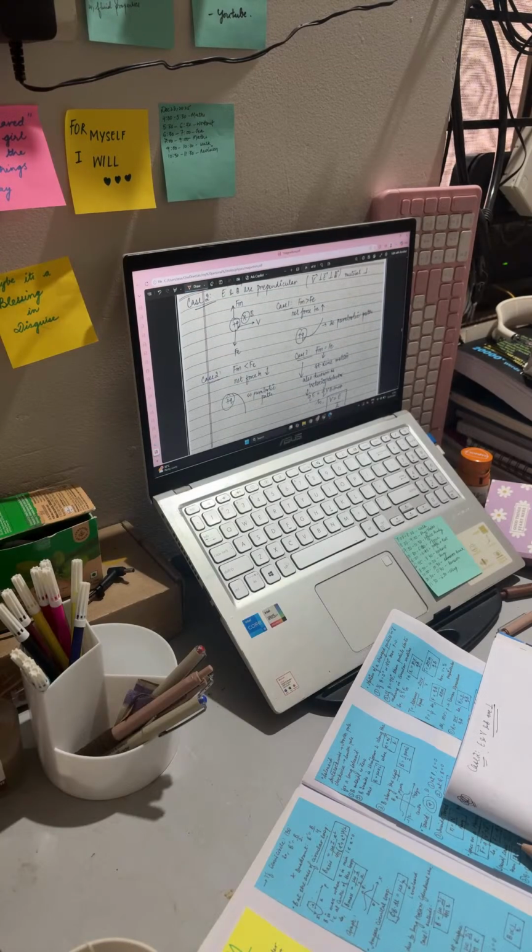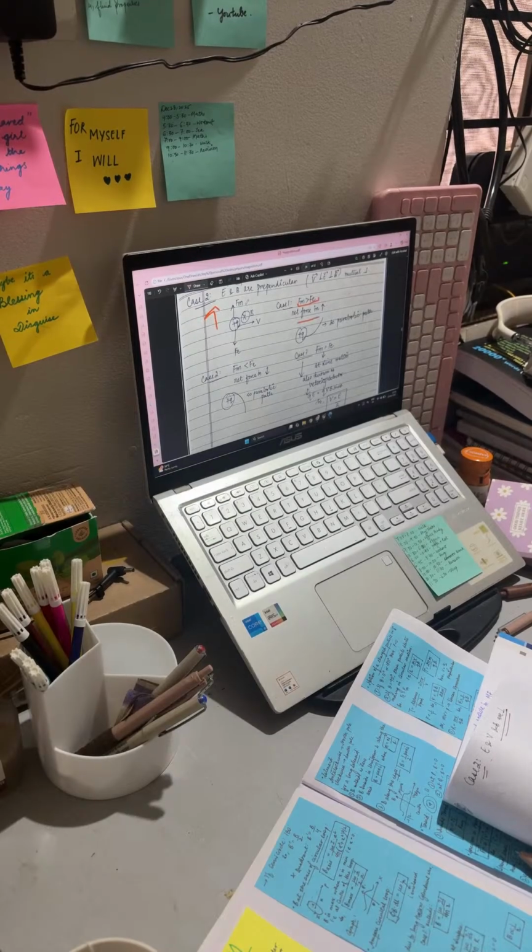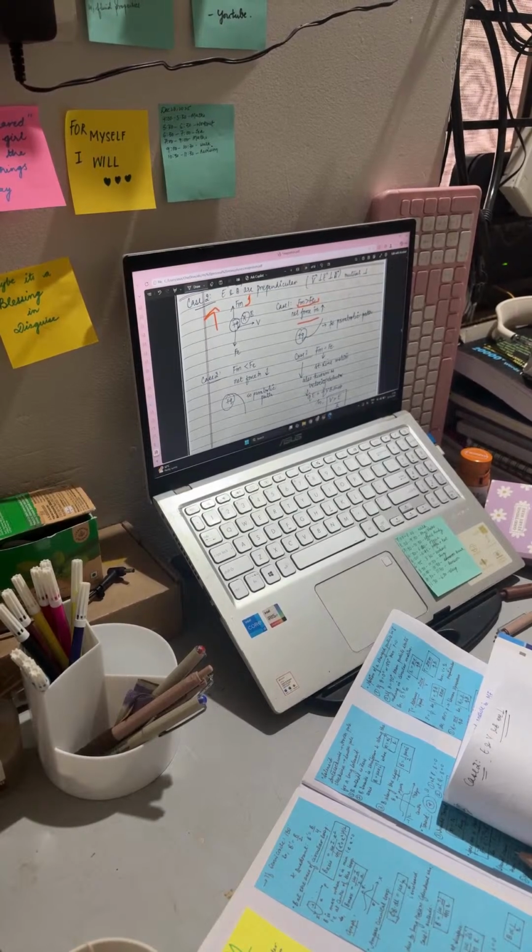First is where both the fields will be active, magnetic as well as electric. Now the first case is where magnetic force is greater. Because magnetic force is greater, it will be in the direction of the magnetic force. If it is upward, it will be upward. If it is going downward, then it will be going downward. Again, it will have a parabolic path because one will be a straight line and the other circular, together forming a parabolic